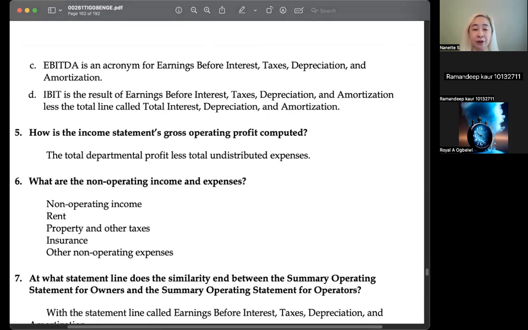So what is the acronym EBITDA mean, Royal? EBITDA is an acronym for earnings before interest, taxes, depreciation, and amortization. Right. What about EBIT? Raman, what is EBIT? EBIT is the result of earnings before interest, taxes, depreciation, and amortization, less the total line called total interest, depreciation,